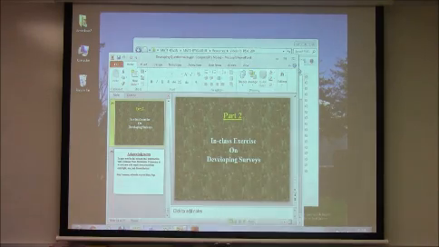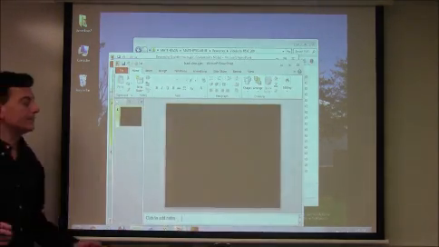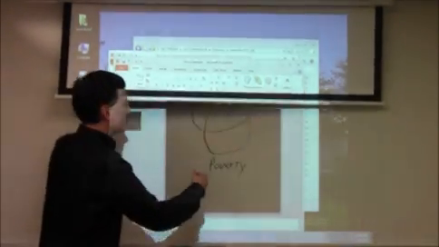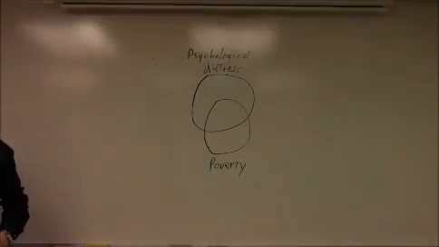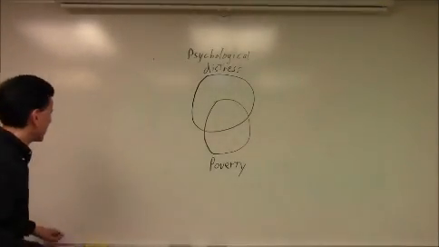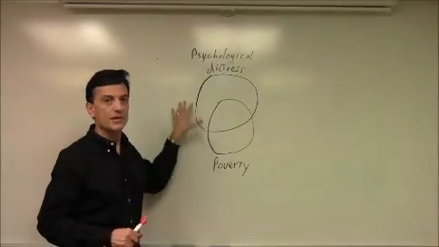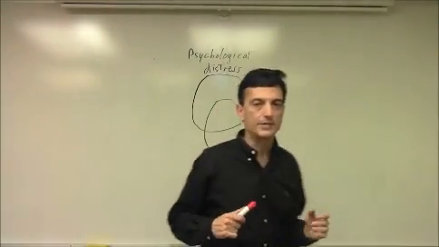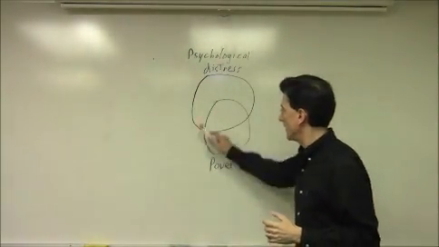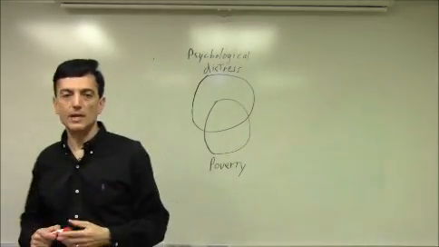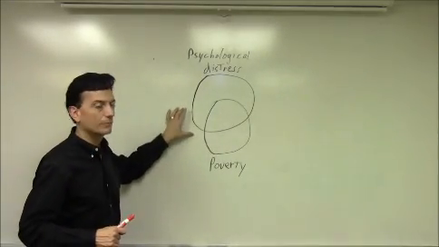Okay, so let's see if we can draw that on the board, just to make sure it's really clear, and we'll give it to you in a slightly different format. We'll give it to you by way of Venn diagram. Lots of students find Venn diagrams to be intuitive. So what we can say is that we're interested in psychological distress. As psychologists, that's what we're trying to predict. We initially think about poverty as a strong predictor, and we have an R value that's showing the relationship between